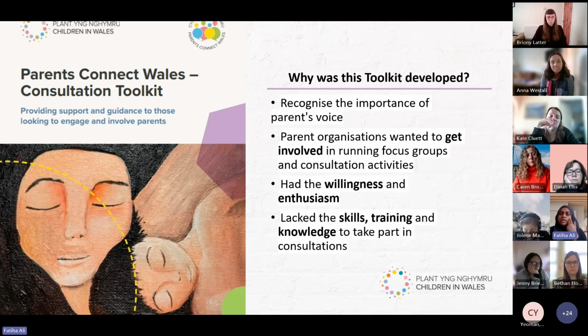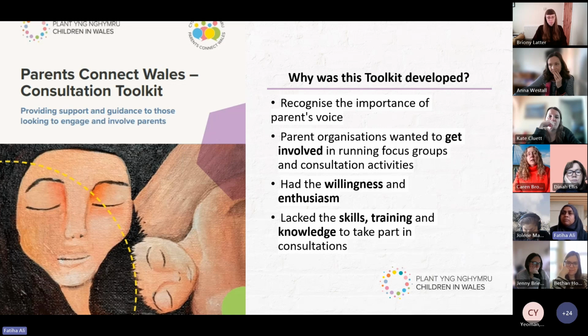However, they all felt that they lacked the skills, the training, the confidence and the knowledge to carry out those consultations. Lots of these parent groups were volunteers based in the community who really wanted to make a difference, but lacked that confidence or hadn't done something like this before.